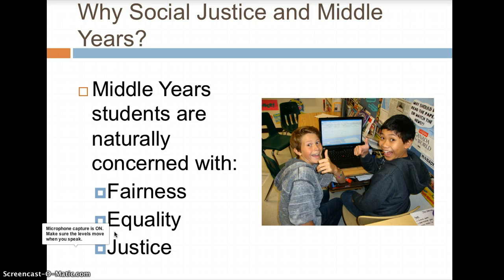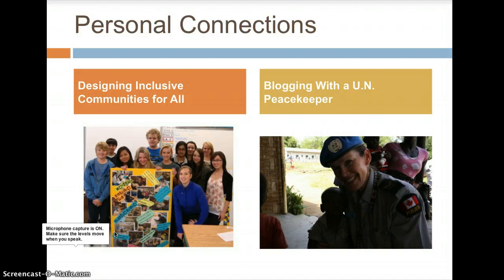Why is my focus on teaching through social justice at the middle years level? Middle years students are naturally concerned with what's fair and equality, and would be able to grasp getting to the root of social problems. It is important to foster critical investigation at this age. In my own grade 7-8 classroom, I have made efforts to integrate teaching for social justice and have personally observed the impact it has on engaging and motivating students to examine issues critically.